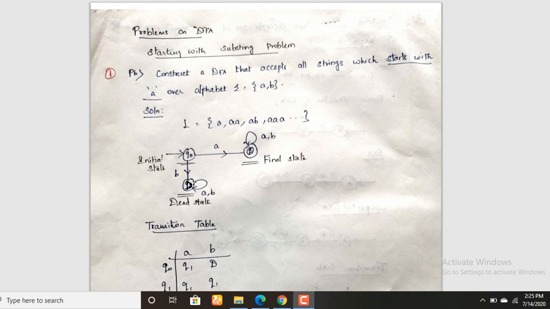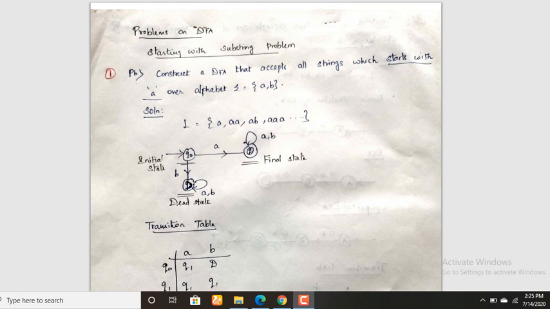Within these categories only, the problems are covered in Anna University as well as in the GATE syllabus. So there is no category beyond that. And the input alphabet in your problem will always be sigma equal to a comma b, or sigma equal to 0 comma 1. So don't worry about the input in the given problem. Really it is very simple. There are only two cases, sigma equal to a comma b and sigma equal to 0 comma 1, in your final exams.